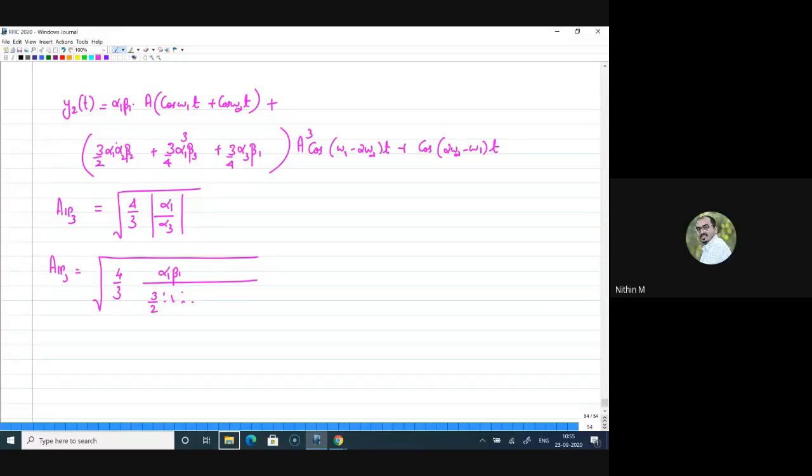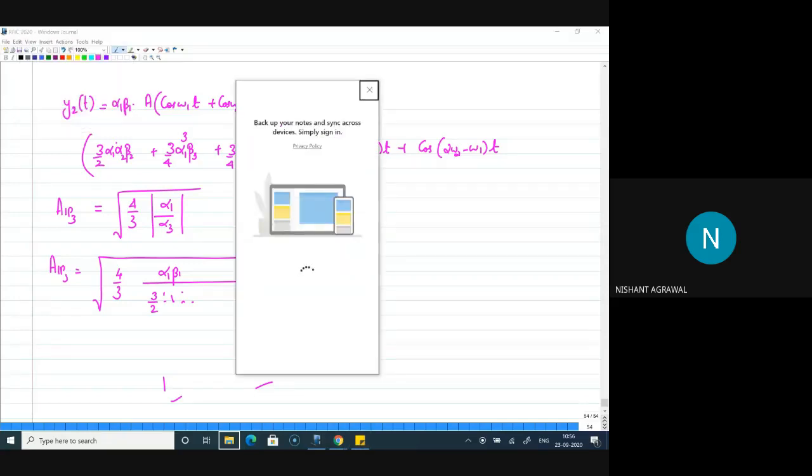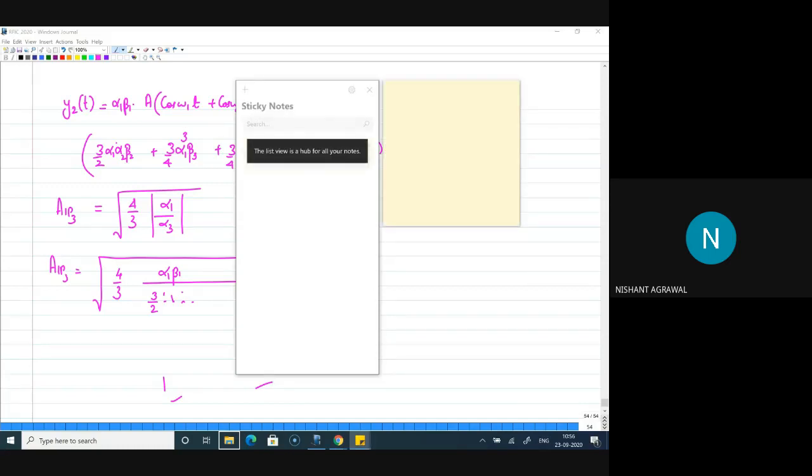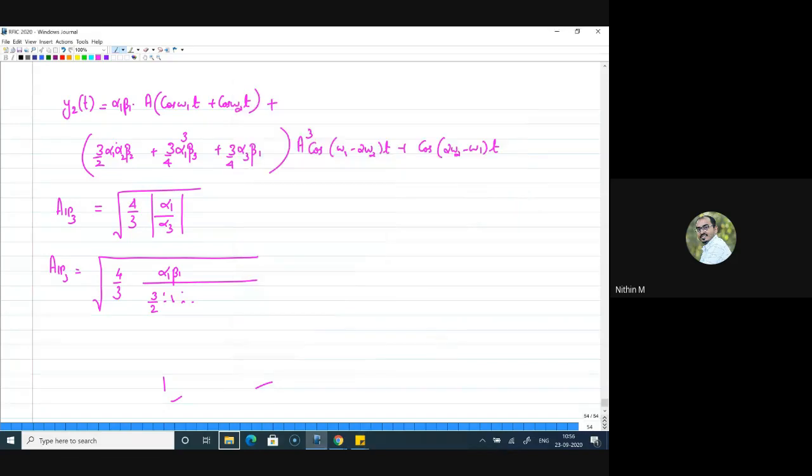Excuse me, sir. Yes, Nishant. Yeah, sir, when we go for that amplitude, it was supposed to be 3 by 4 alpha 3 a cube. So shall we take 3 by 4 out in the expression only? Then only this will remain: alpha 3 beta 1 plus 2 alpha 1 beta 2. Yes, correct. That it should be in that way. That means from this term there will be 2 in the numerator, right? Yes, sir. And then 3 by 4 common, so alpha cube will be in all three terms. Yes. Very good. Yeah, I missed that. So now that will give you the same answer.